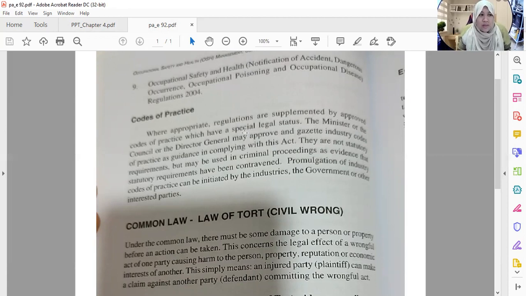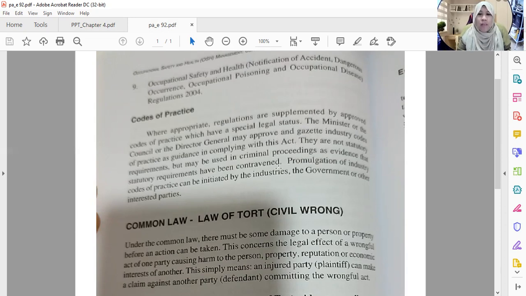So there are the codes of practice, on how you want to deal with this regulation. They say that when appropriate, the regulations are supplemented by approved codes of practice which have special legal status. The minister, the council or the director general may approve and gazette industry codes of practice as guidance in complying with this act. So they are not statutory requirements but may be used in criminal proceedings as evidence that statutory requirements have been